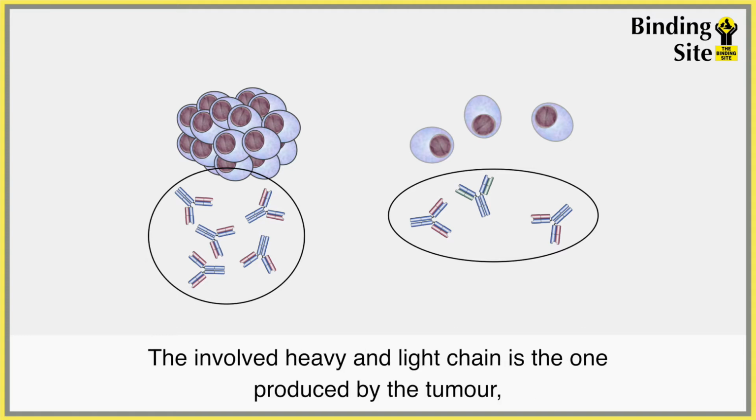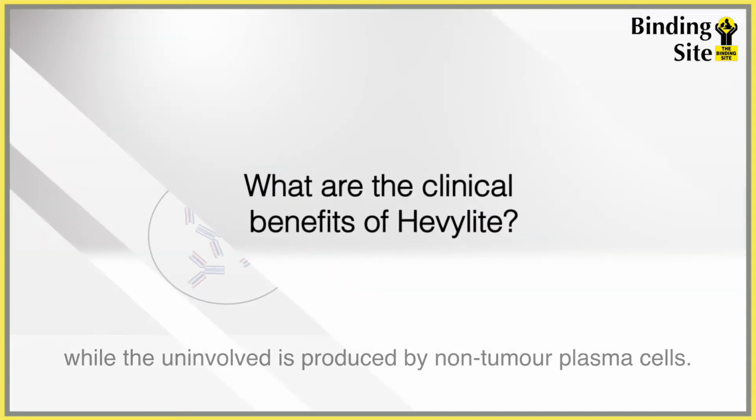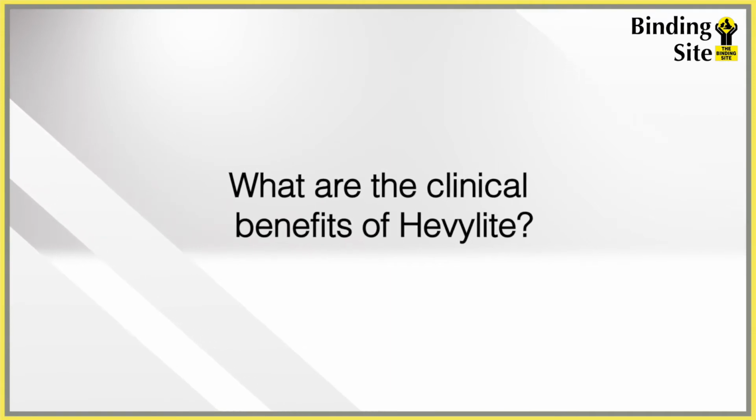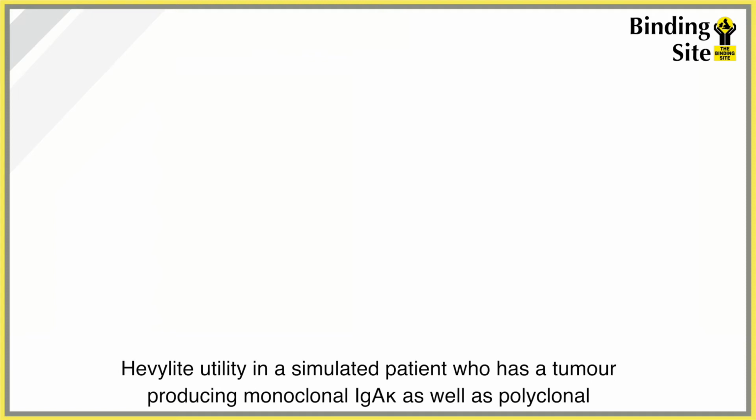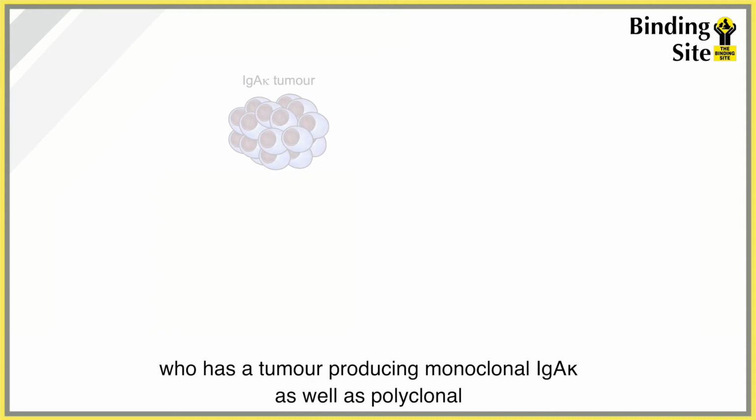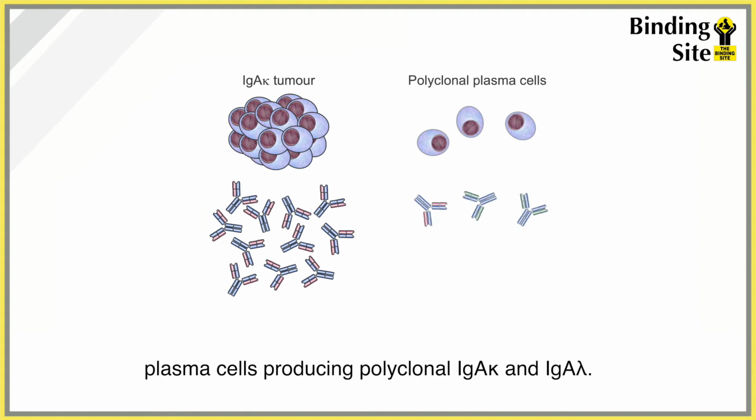The involved heavy and light chain is the one produced by the tumour, while the uninvolved is produced by the non-tumour plasma cells. The best way to understand the benefits of Hevylite is if I show you an example of Hevylite utility in a simulated patient who has a tumour producing monoclonal IgA kappa as well as polyclonal plasma cells producing polyclonal IgA